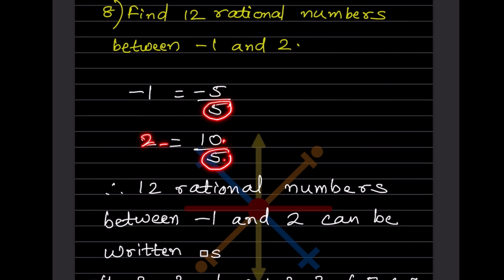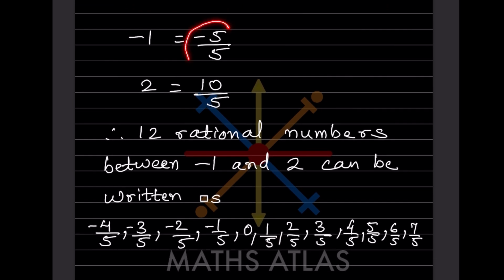So that will be 10 divided by 5, which is going to be 2. So we have minus 5 by 5 and 10 by 5. So these 12 rational numbers between minus 1 and 2 can be written as, this minus 5 by 5 means we will go in ascending order, that is minus 4 by 5, minus 3 by 5, minus 2 by 5, minus 1 by 5,